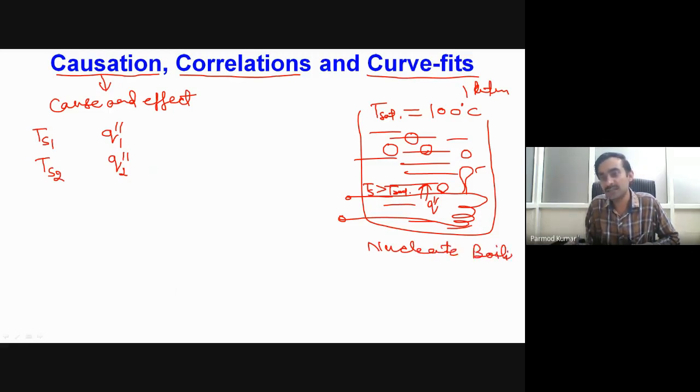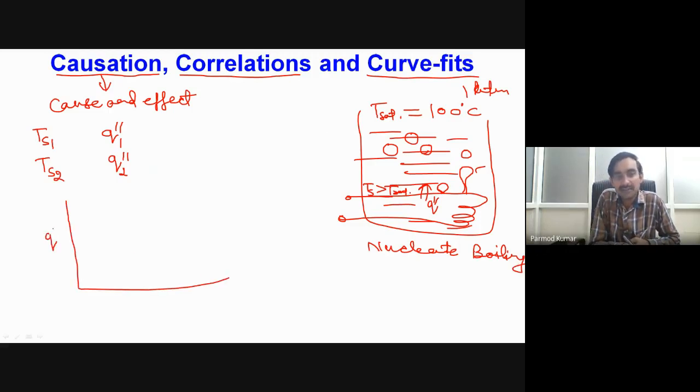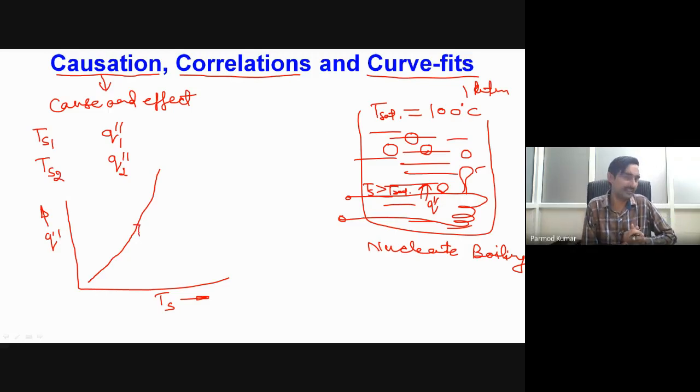Now in this process, say I plot one curve between our heat flux and surface temperature Ts. Say we have performed the experiment over some stated range of temperature, and in this range of the surface temperature we have got an increasing trend between the heat flux and the temperature. So from here, you can get some reflection that while you have maintained pressure at 1 atmosphere and saturation temperature at 100 degrees Celsius and increased the surface temperature, your heat flux has increased.